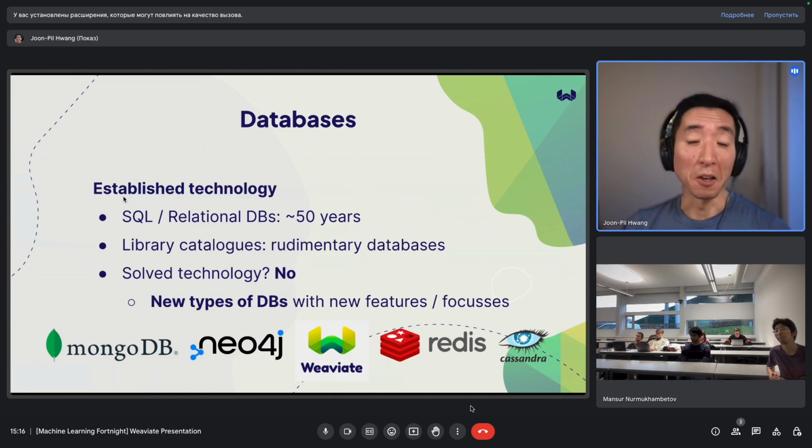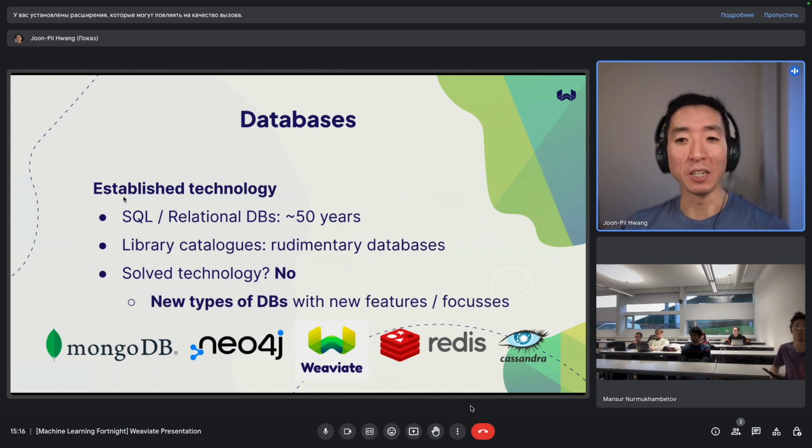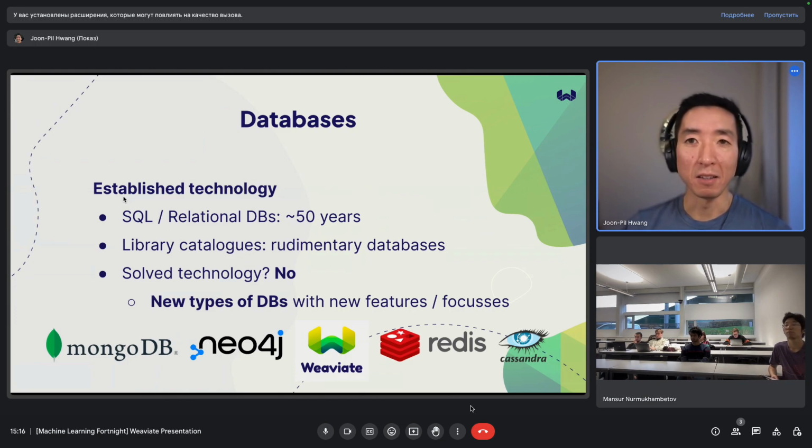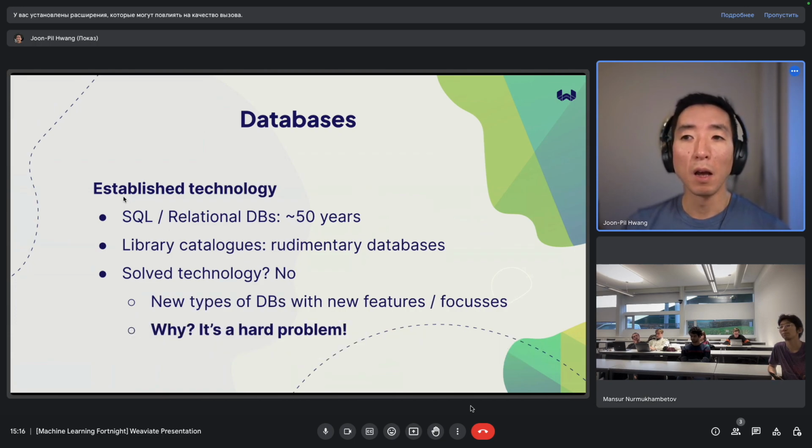And as you've probably heard, there's this new fancy thing called language models. And the explosion of that technology has really made the interest in vector databases explode in the last, say, year or so. So it's been kind of an interesting journey for me personally to follow there as well. Why is that? Well, turns out storing data, cataloging it, and retrieving it is a really, really difficult problem.